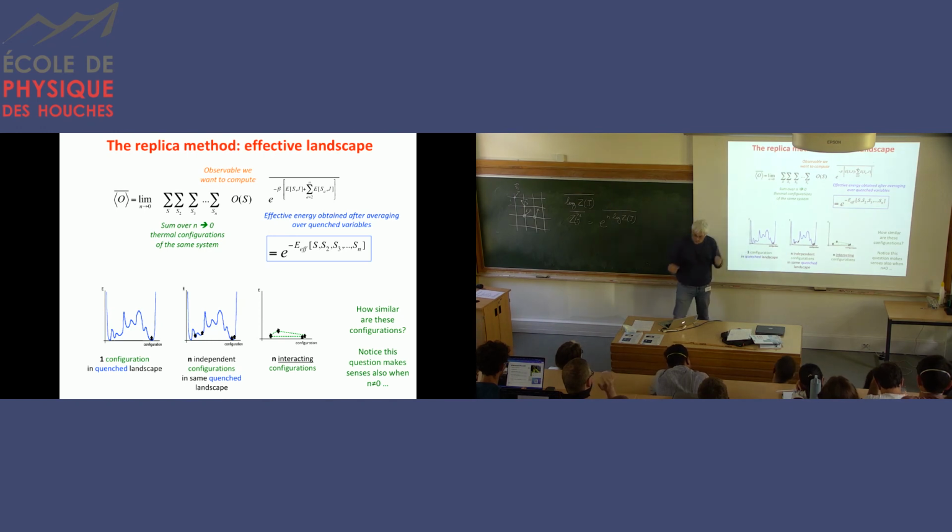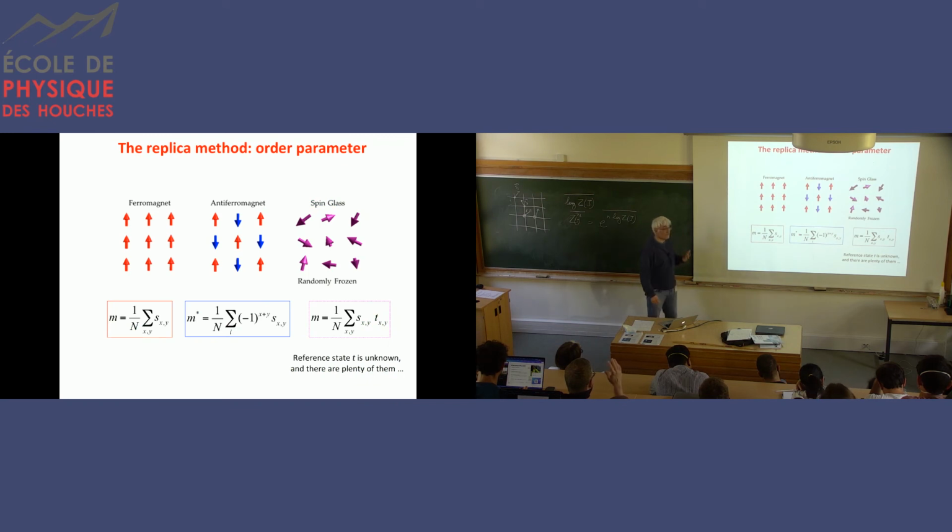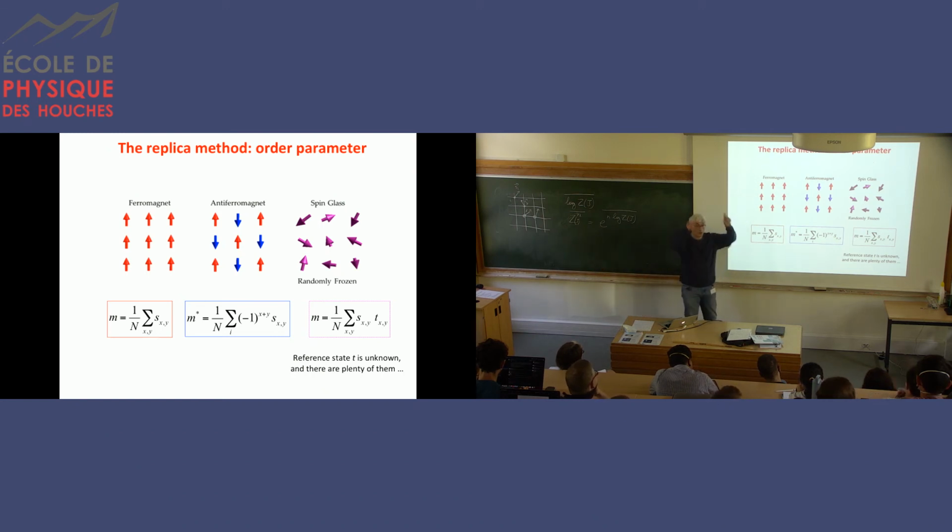Okay, and this is the very idea. And this is different from what people usually do in physics. In physics, people try to understand something about the landscape, usually, by using what is called an order parameter. The order parameter is always a measure of similarity of your configuration with respect to some reference state that you know is going to be relevant because you have understood something about the physics of your system at low temperature.